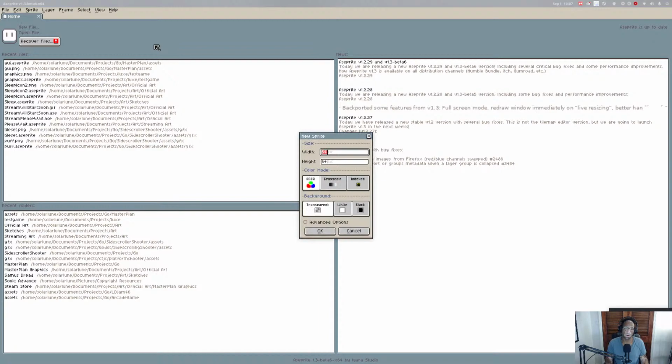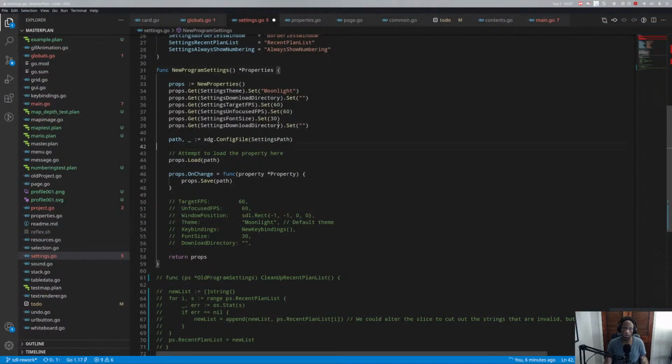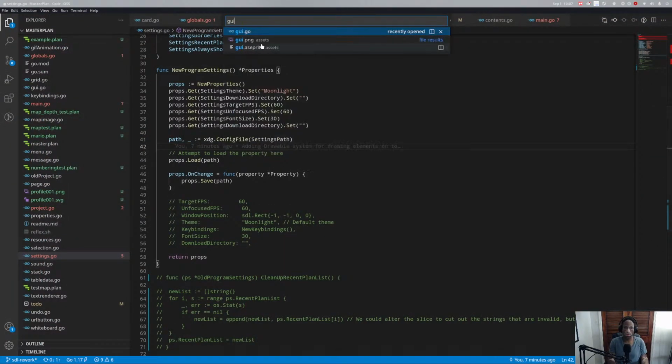There we go. All right, so basically the problem was if we have like a checkbox, right? And so it's like, okay, you check it off. This basically says, okay, you check off, so let's go to the property and set the property to be checked off. But then if you load it from the property, then we have to go ahead and reset the checkbox. This is kind of bad